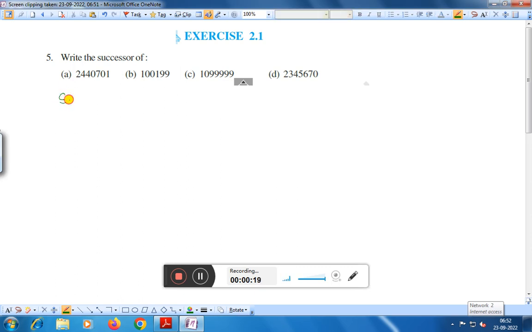First you have to know what is the meaning of successor. Successor means you have to add 1 to that number. That will be the successor of that. Right. Suppose here the number is 24402440701. The last number is 701. That means if we add 1 to that number, it will be 702. Therefore, the successor of